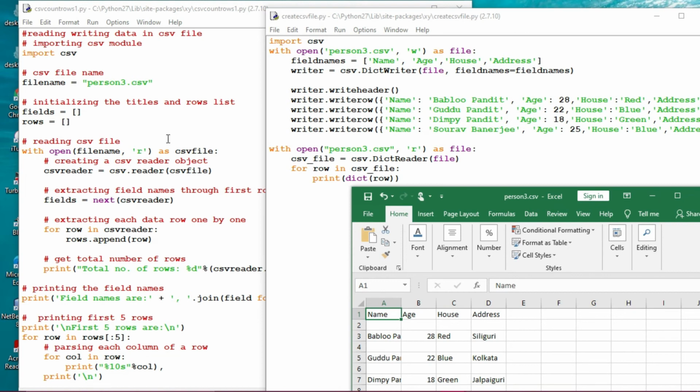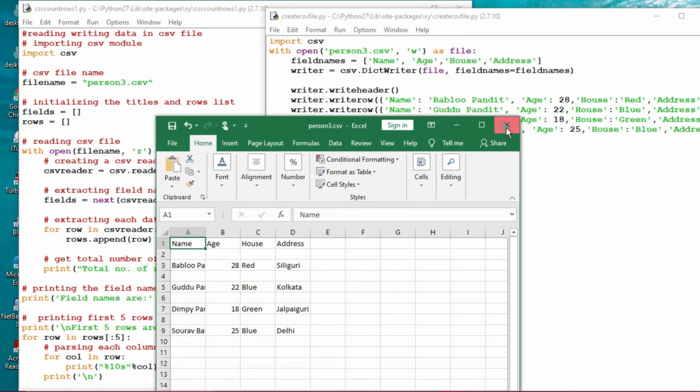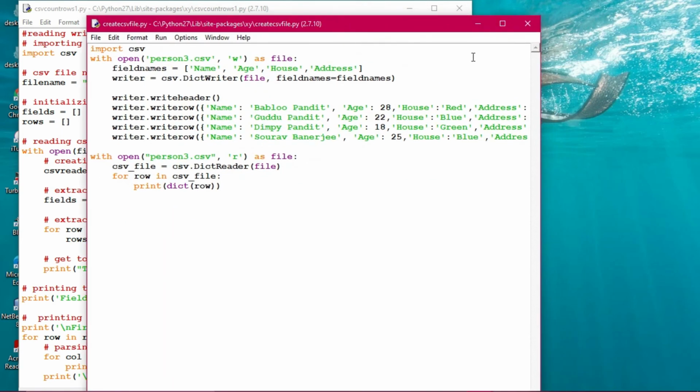So person 3. Actually I forgot to tell you that this particular file has to be created first, then used. But if you add this portion over here, there is no need to create it by opening this particular program. I first created it in this program, then used it in this program. So you have seen this way also it can be done. So always you must do it.